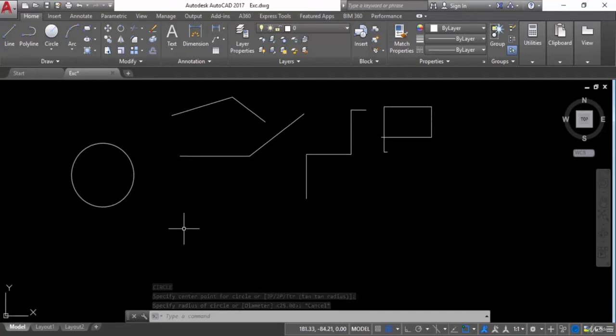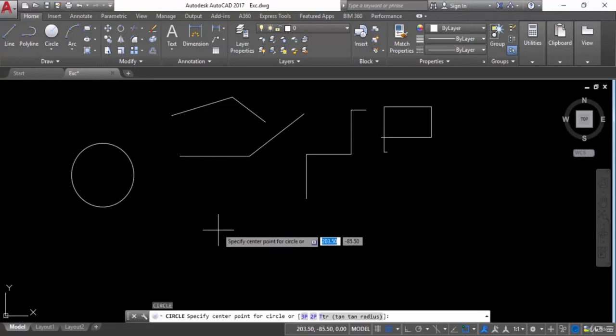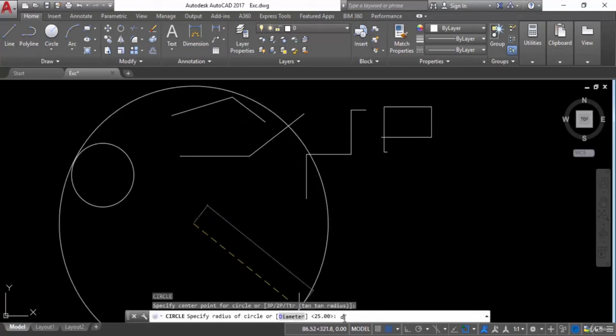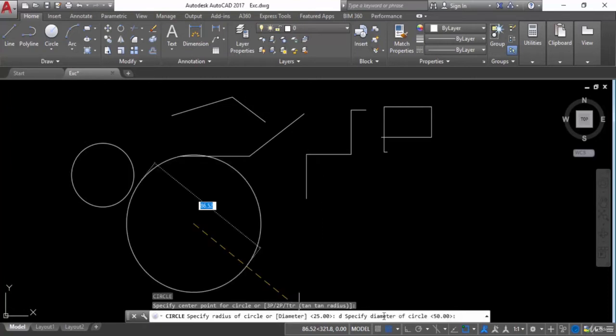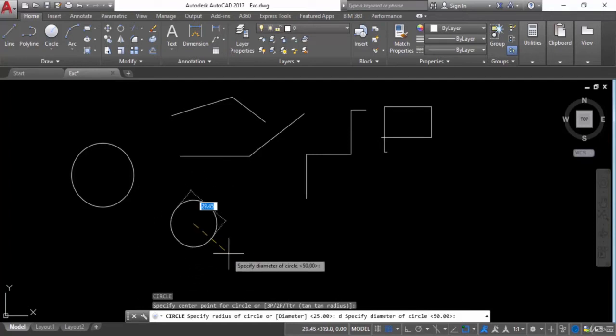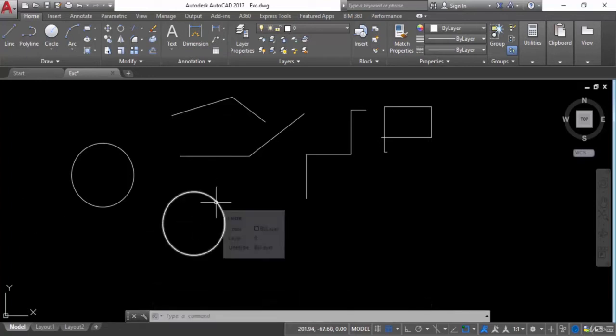Again, now I will just draw a circle according to diameter. I will press C here, then enter, then I will give first point. Now I will give here D, okay, for diameter. I will put D here, then enter. Then again it is asking what is the diameter of the circle. So I want to give 40 unit of diameter. So I will enter 40 unit and then press enter. Now this circle is 40 unit of diameter.